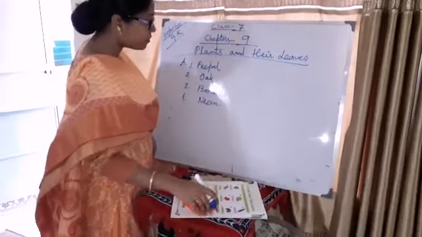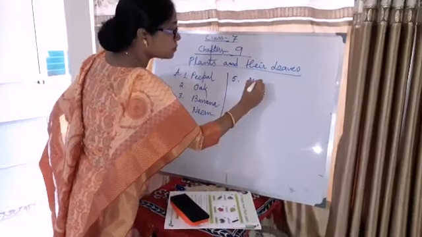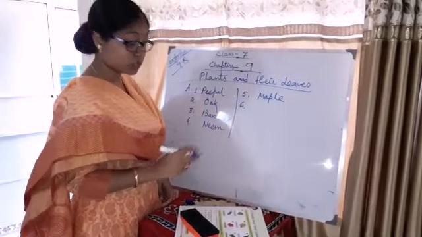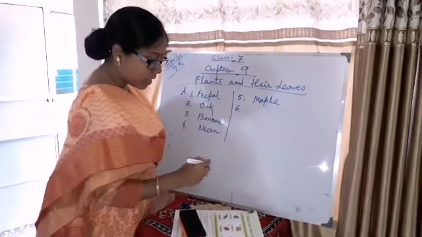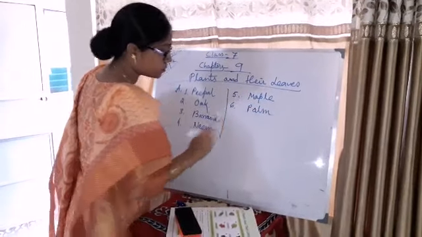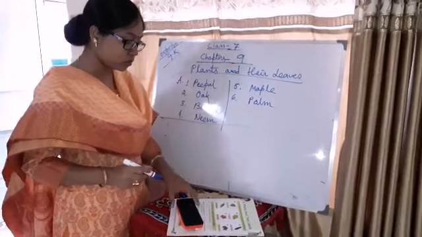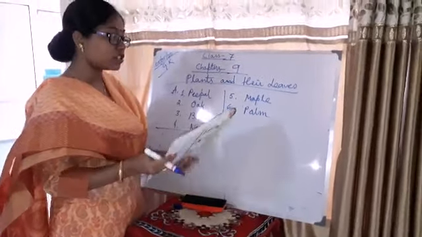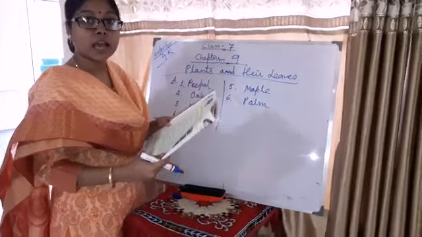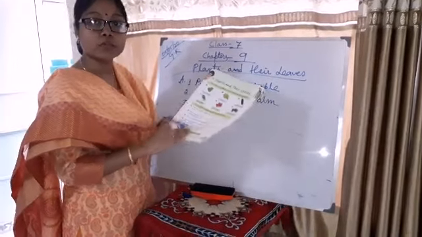And then number 5, quite it is not so popular, but maple we heard. This word maple we heard. Maple syrup especially we are using with the pie. Okay, and the last one, it is palm tree. So it is palm. Okay, so do it on your own in the book. In the book only you will write this one. No need to write in the copy this. But chapter 8 as a short note you will write down in your copy. Chapter 9 no need to write in the copy. In the book only you will solve.